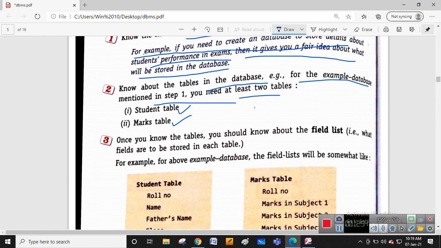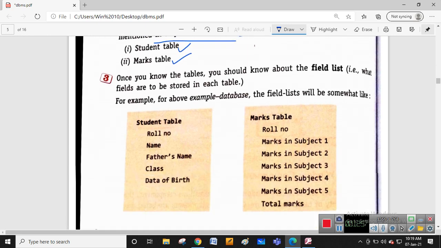That's the student table. Okay. Then in the case of the marks table, the marks table also will have the roll number again. So roll number is common in both tables. These are the fields which we are creating inside the student table and the marks table. See, the student table has roll number. Okay, with these we will build the relationship between student and marks.